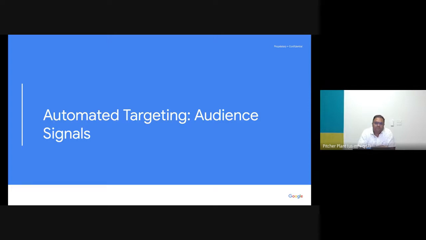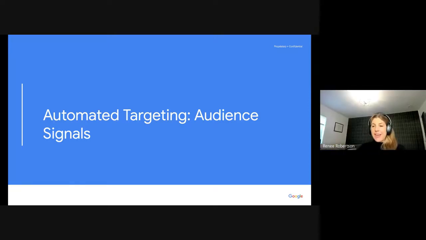I can also add one analogy that I've heard before that I like: these different campaign types are almost like the bricks, and then Performance Max is kind of the mortar that can come in between them to really fill in the cracks of areas where you may not be serving for a variety of reasons. And we often see that those really responsive ad formats, where the system can decide how to pull together combinations of image, text, and video in some cases into a truly responsive ad format, can be